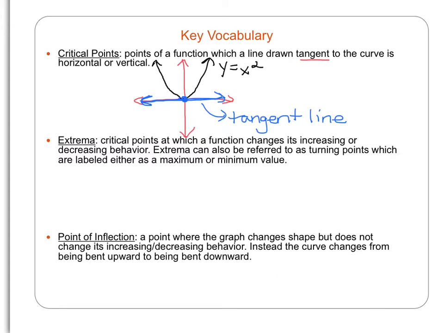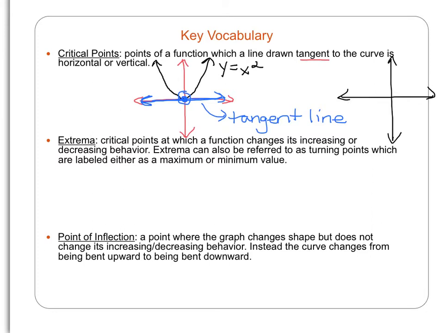Thus, this point right here, which I will often refer to as a minimum or a turning point, is considered a critical point. So a critical point on a function is where the tangent line can be drawn either horizontal or vertical. To give you another example where the tangent line could be drawn vertical